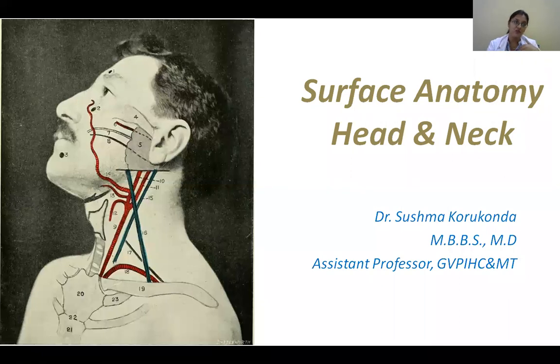But when a patient comes, you cannot dissect that patient because by the time you find out the structure, he is already dead by then, right? And so you have to be able to see through the skin what are the structures you actually want to visualize. Like if a patient has come with some complaint of swelling in the neck, which is very common. Okay, so one of the most common things is swelling in the midline of the neck, which is probably coming from one of the important endocrine glands, that is your thyroid gland.